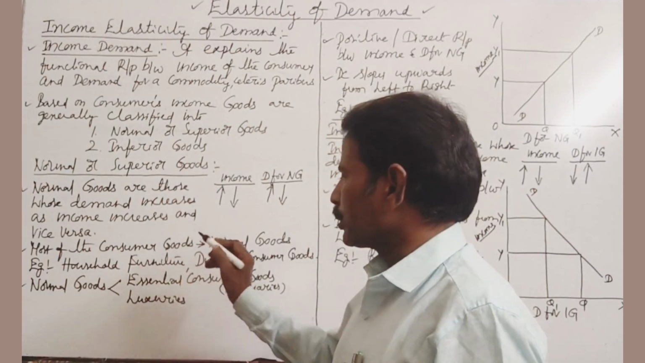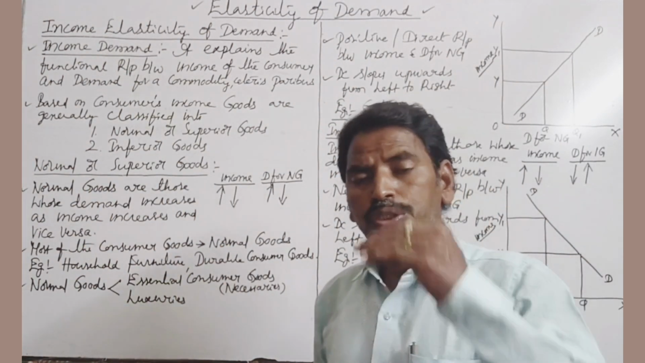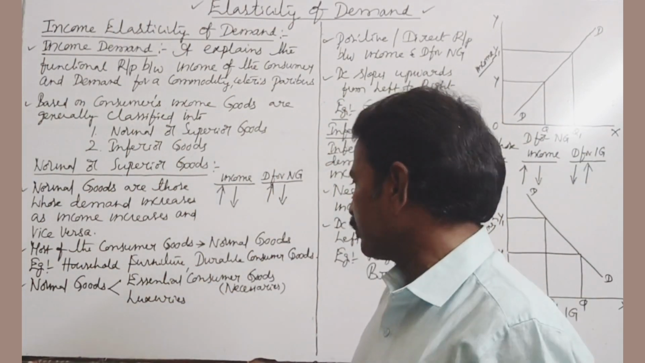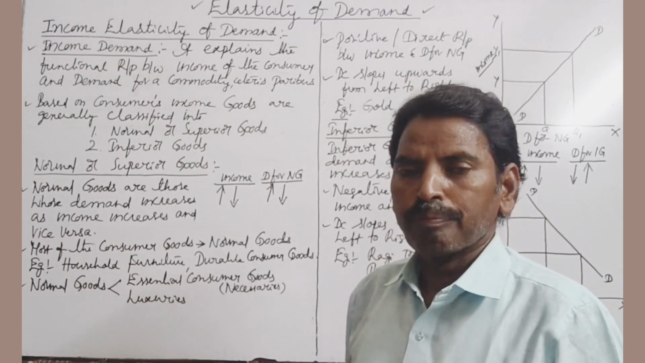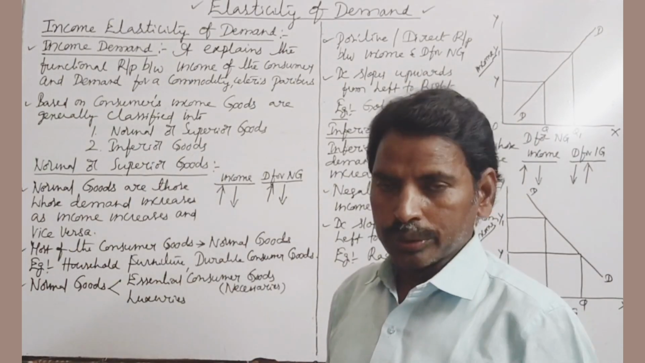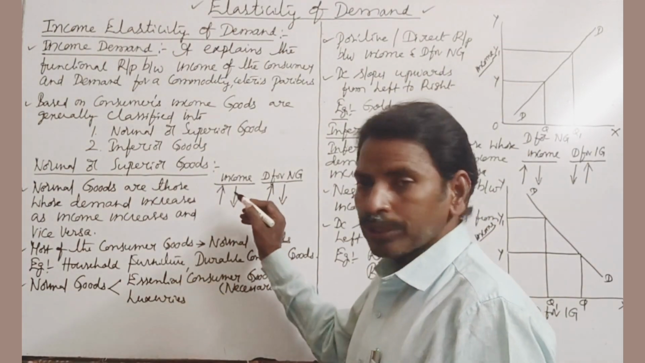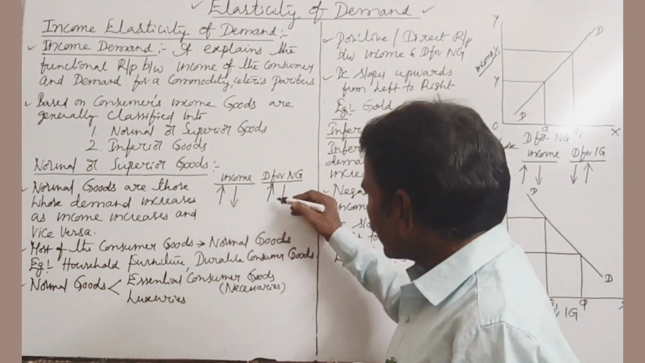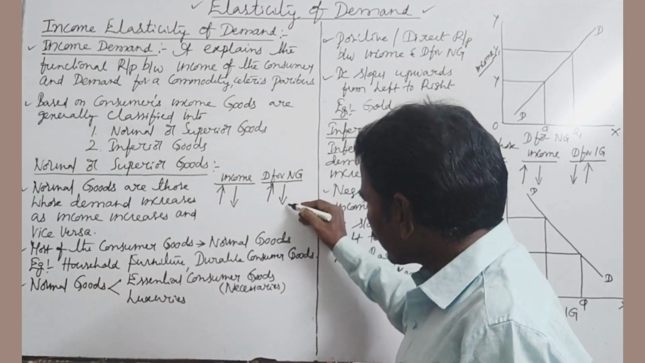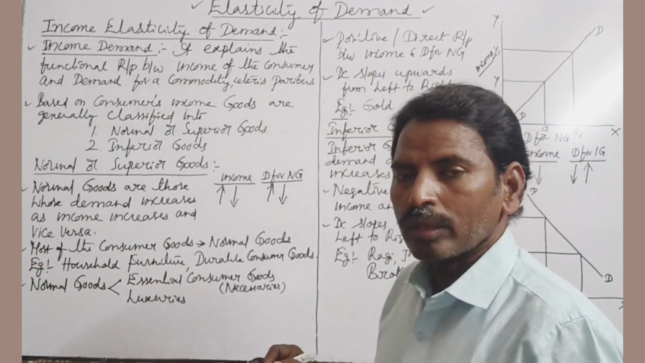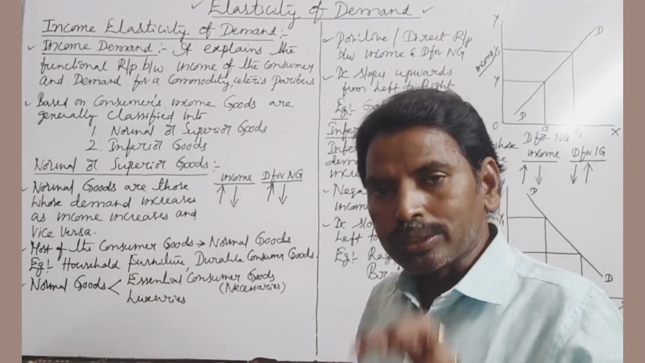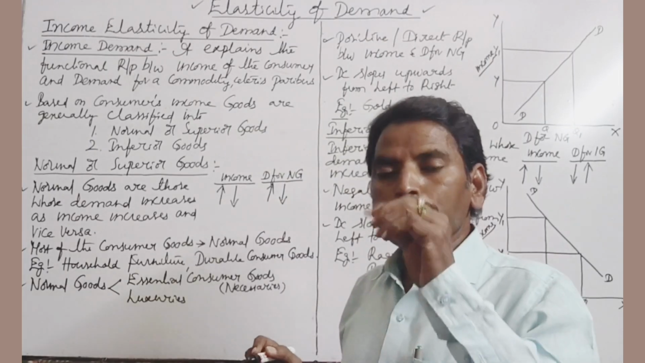Most of the consumer goods are normal goods. For example, household furniture, durable consumer goods, non-durable consumer goods. If income increases, the demand for normal goods also increases. If income decreases, the demand for normal goods also decreases. That means there is a positive or direct relationship between income of the consumer and demand for